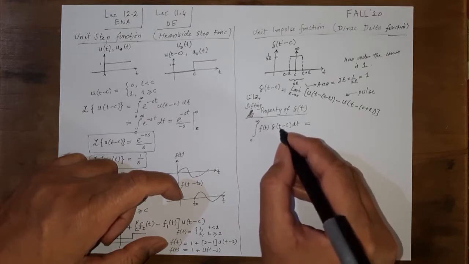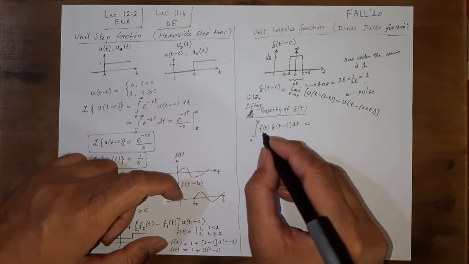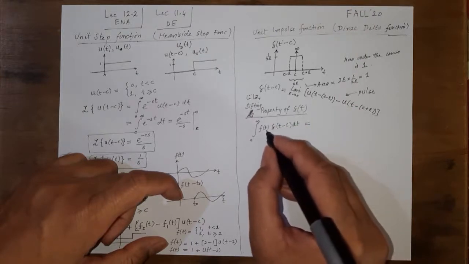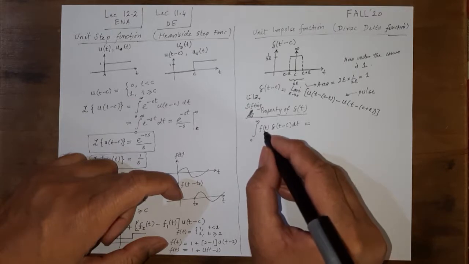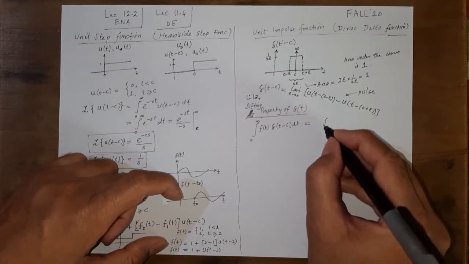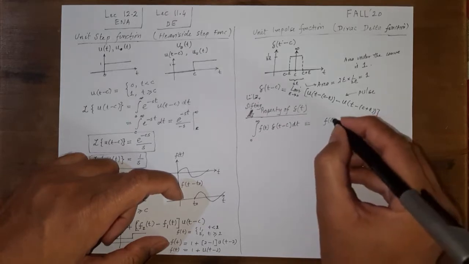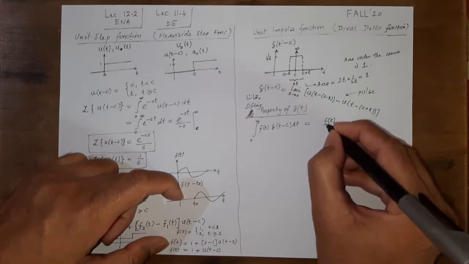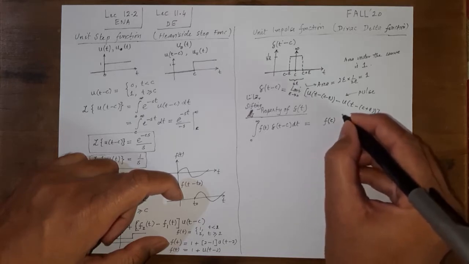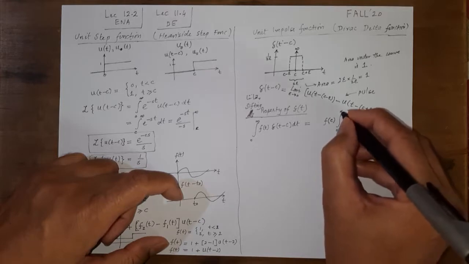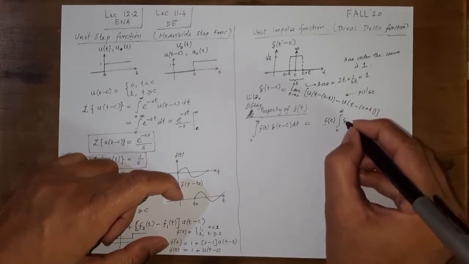So basically the only point where this integrand will be non-zero will be at t equal to c. So exactly at t equal to c, f of t would be f of c, and because f of c is a value, it will get outside of the integral, and whatever we are left with